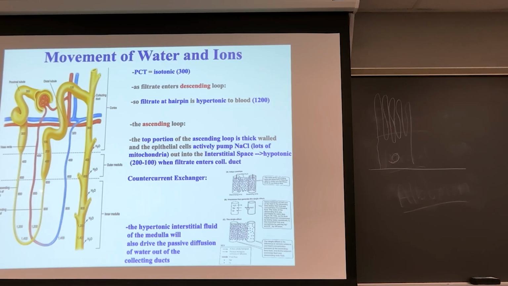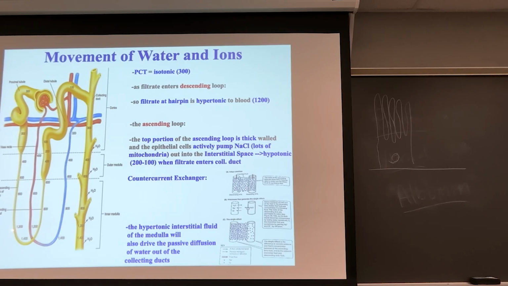Now, by pumping sodium chloride out, what we're doing is we're adding a whole bunch of it to the medulla, right? And by adding a whole bunch of it to the medullary space, we'll make the medulla very hypertonic to 300. So the job of the loop is it's a countercurrent mechanism. You have 2 fluids moving in opposite direction, and what that'll allow me to do is to concentrate the solute,